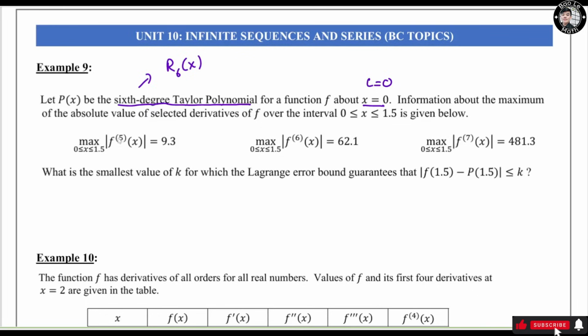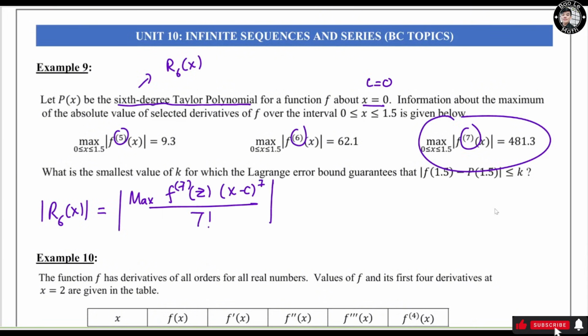So this is the 5th derivative, 6th derivative, and 7th derivative. Since we use the 6th degree Taylor polynomial to approximate, we need to use this guy. So we have r 6 of s